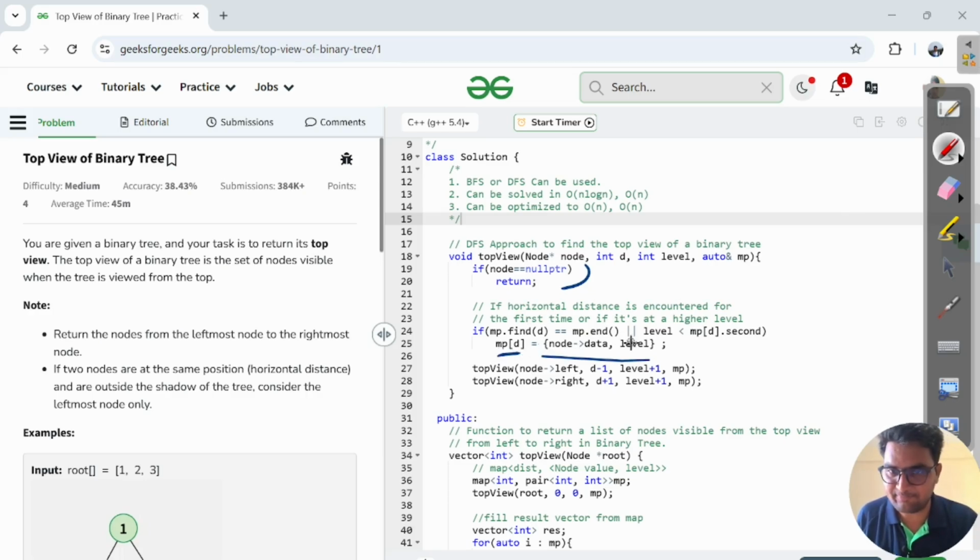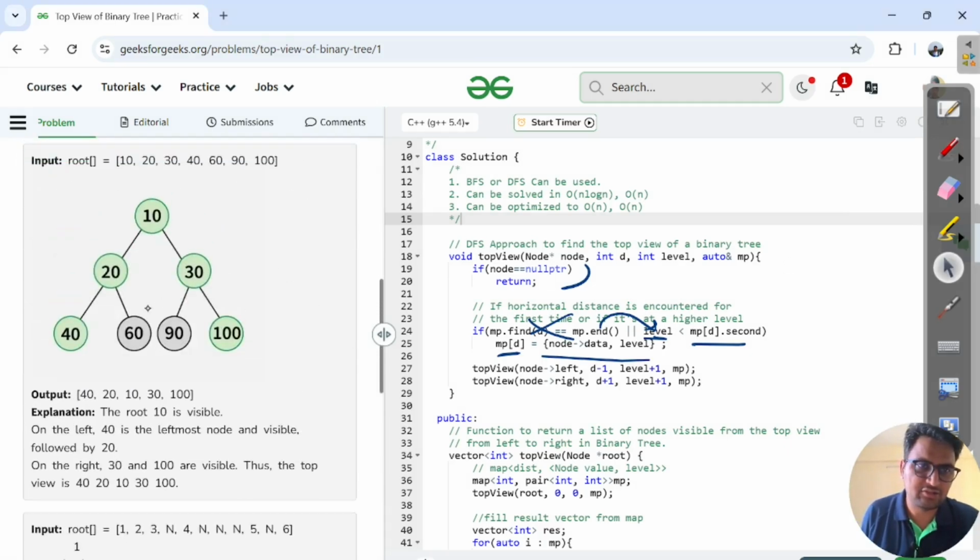If the value is there, it means this condition is false. In that case, we will come to the second condition, and here the level of the current node, whatever we are trying to insert, is less than the already inserted value's level, right? It is less than the already inserted value's level, then only we will insert, else we will skip. Why? Because when we look from the top, then the lower level will always be on top, and that might hide the higher level values, right? That is what we saw here,